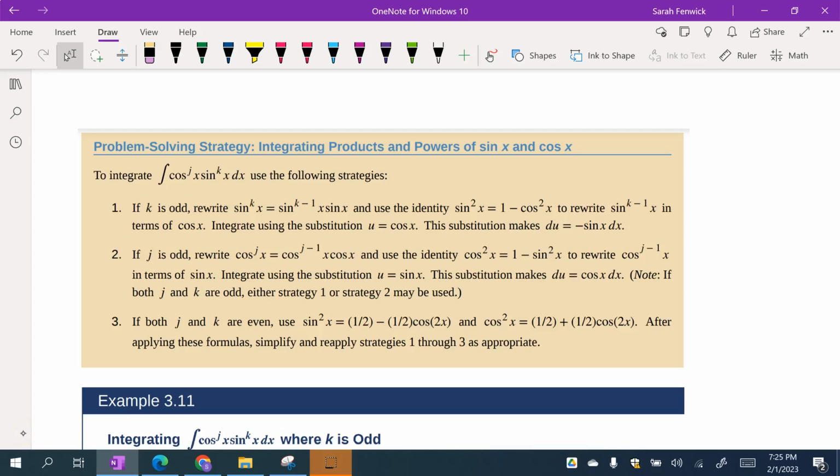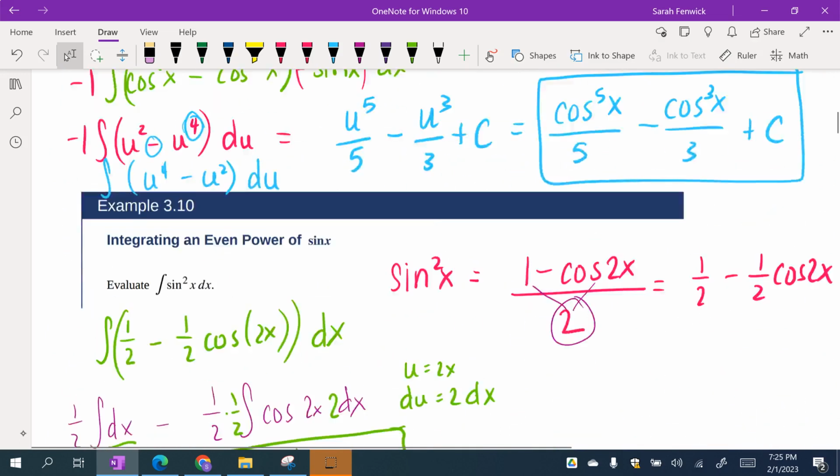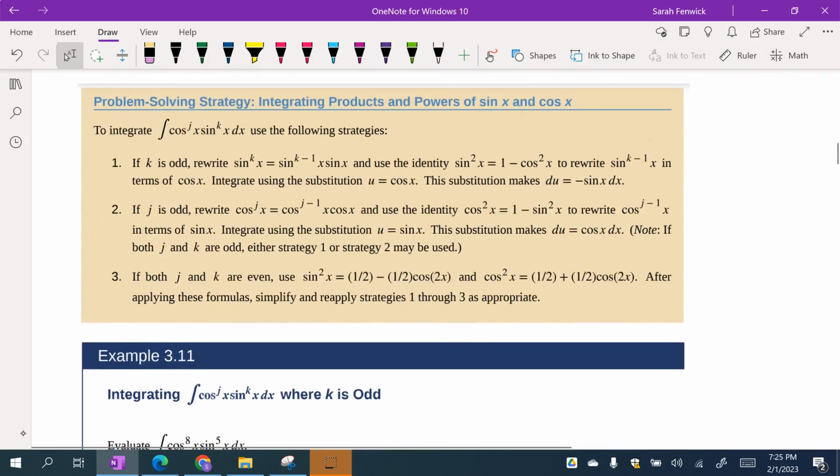Using OpenStax's textbook Calculus Volume 2, we are working in Section 3.2 on techniques of integration, and these are specifically trigonometric techniques. We did a couple of problems with different powers of sine and cosine, and now we have some problem-solving strategy tips. If we have cosine to a power j of x and sine to a power k of x dx,